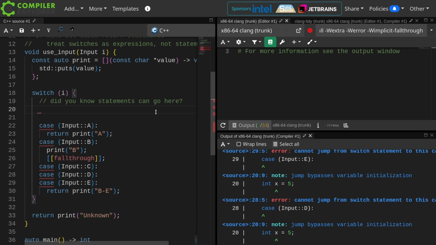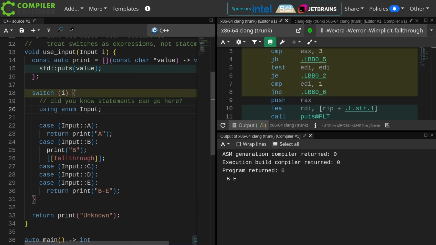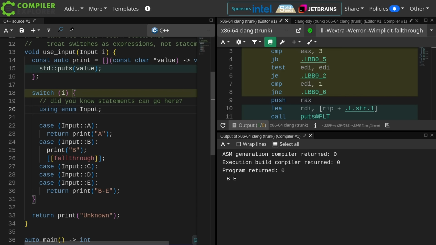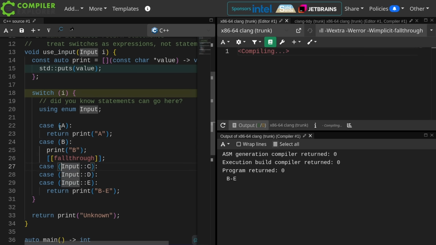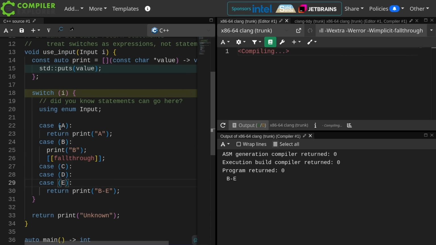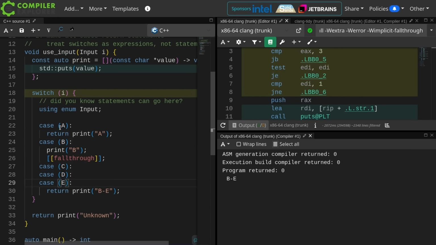What can I put here though? I could do this. I can use the using enum statement. And then that allows me to simplify these if I were so inclined. Very tightly scope the import of these enumeration values to right here inside the switch statement.